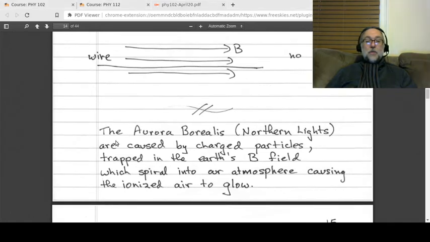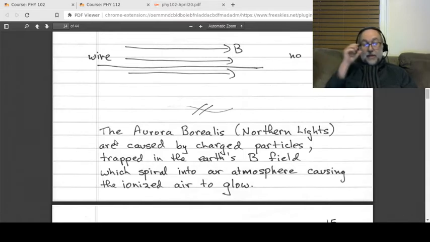So we're going to do another problem, because that problem was with a current. Let's do a problem with actually a charged particle. Just to be kind of realistic, the northern lights are actually charged particles. The aurora borealis is due to these charged particles, and what happens is the charged particles get trapped